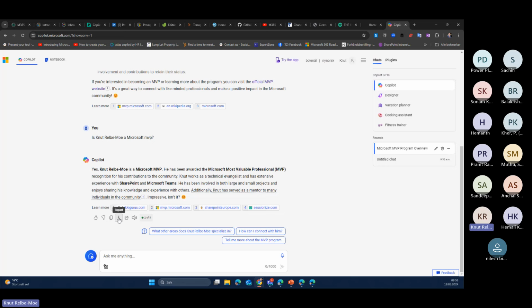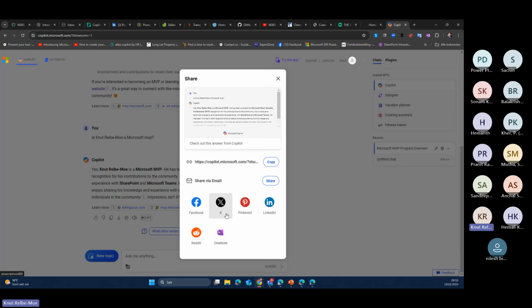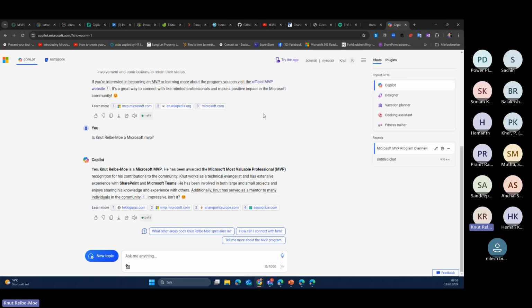And we can copy the answer. We can also export the answer, as you can see, to Word, PDF, or just text. And I can share it also, as you can see here. So we can share it by email, or share it on Facebook, X, Pinterest, LinkedIn, Reddit, or OneNote. So that's also a nice way of sharing something with your